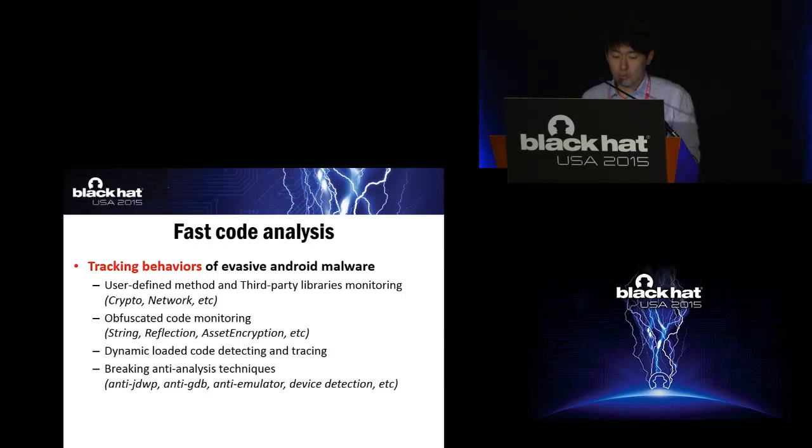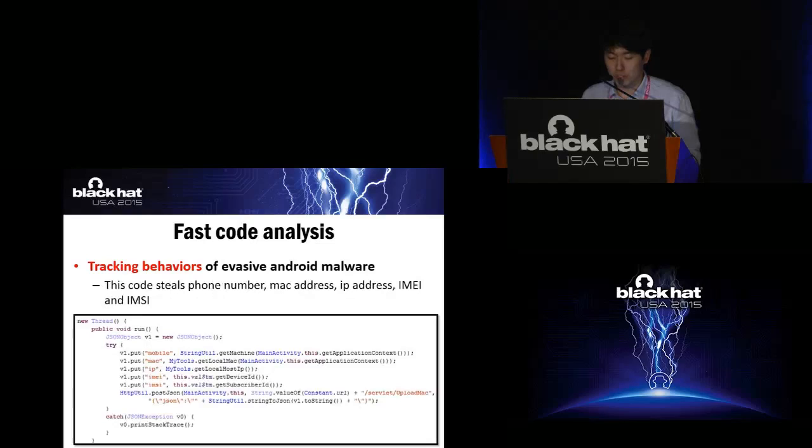And also, we can trace execution of user-defined methods and various third-party libraries such as custom cryptography and custom network code. And we are analyzing the code stack to analyze correlations between methods. With hierarchical structure analysis of a code stack, you can trace code protected by obfuscation techniques such as string encryption, method invocation hiding, and class encryption. Many commercial protectors for Android applications use these obfuscation techniques to protect the app's code. And also, I'm going to tell you later that you can get over dynamic loading attempts and anti-analysis techniques with